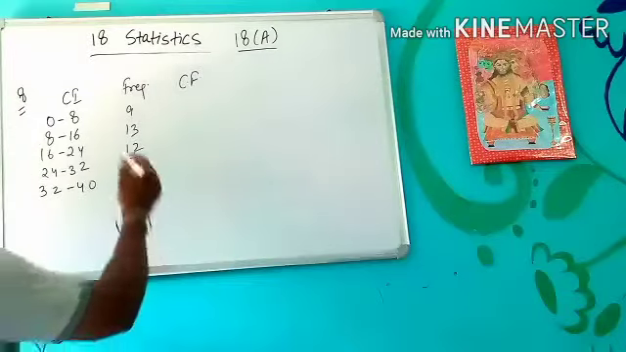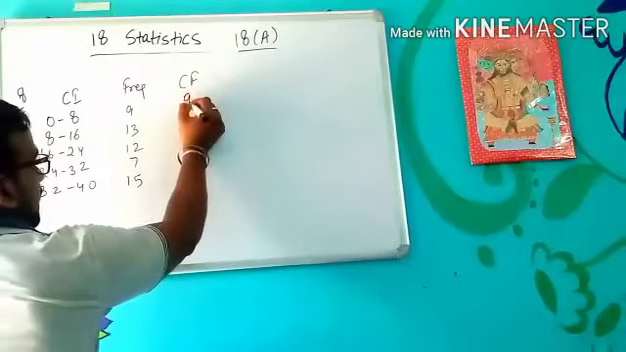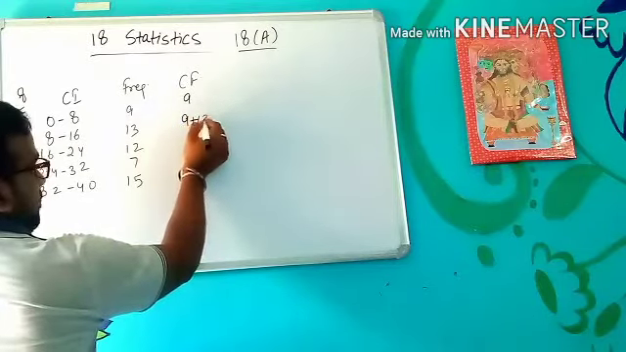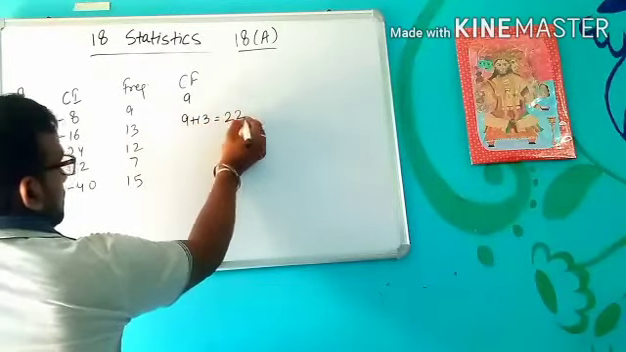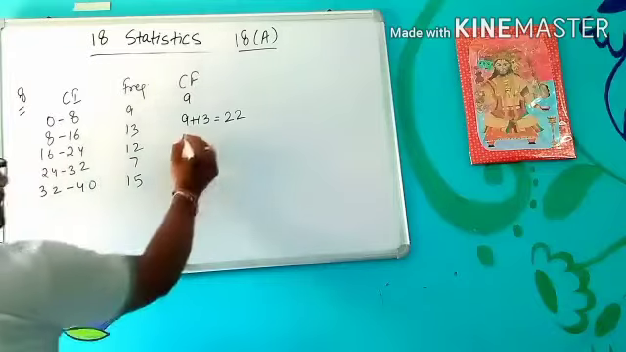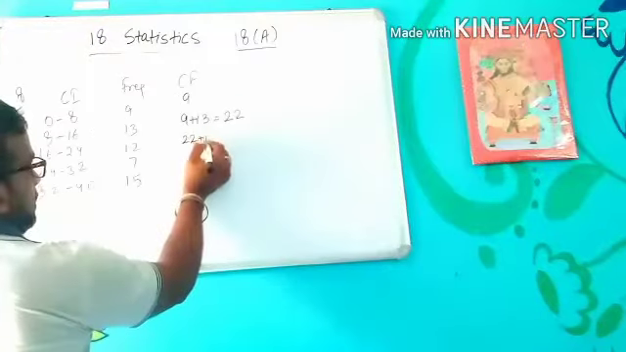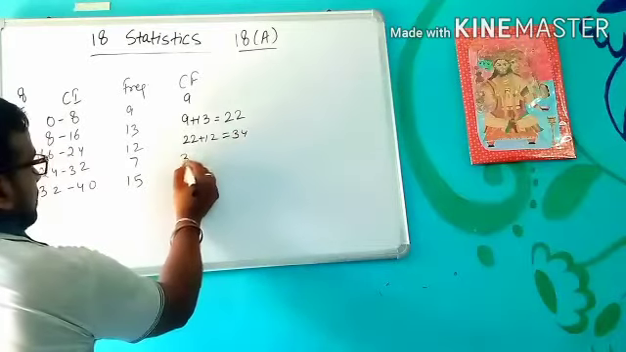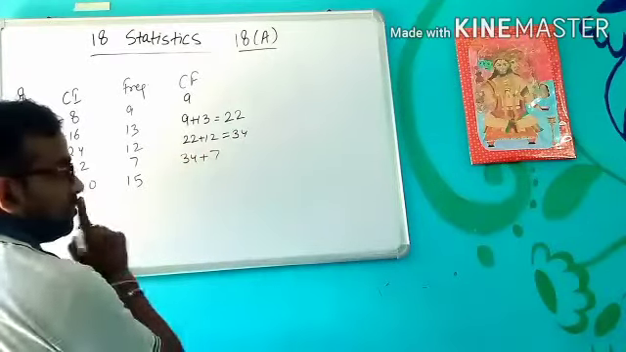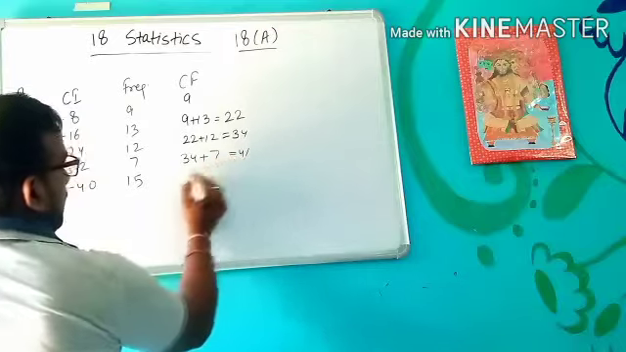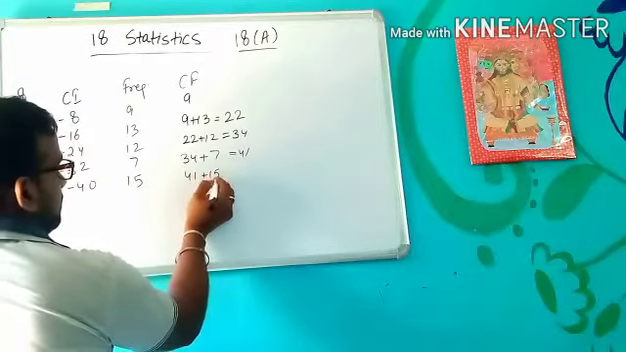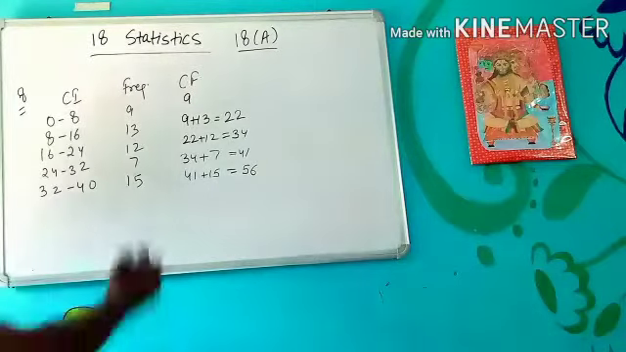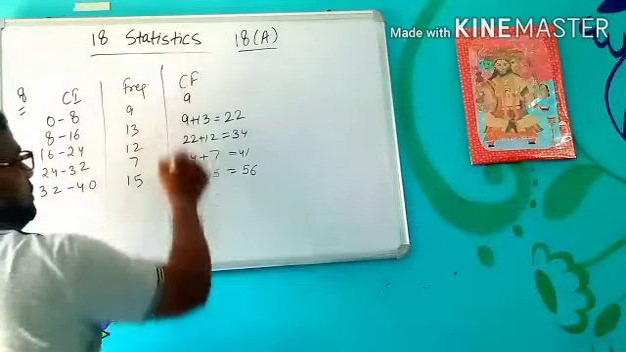So how to calculate the cumulative frequency? It will be 9. Then next frequency will be 9 plus 13, that is 22. The next frequency will be 22 plus, we will add this 34. Then 34 plus 7, 41, and 41 plus 15, that is 56. So this is the cumulative frequency of this